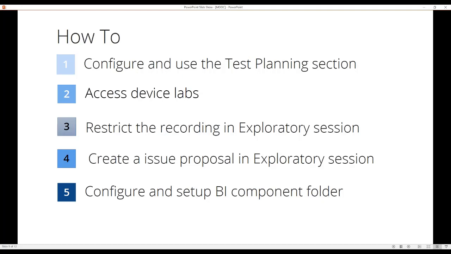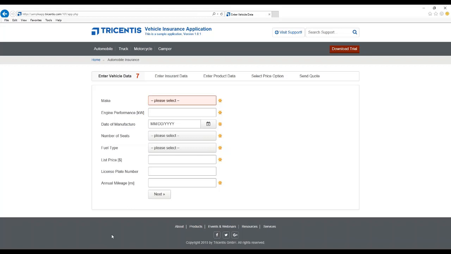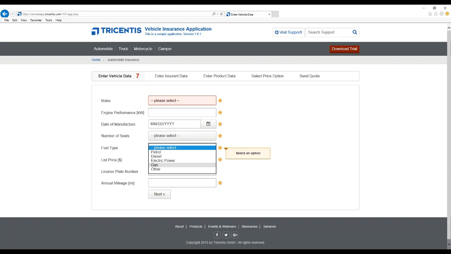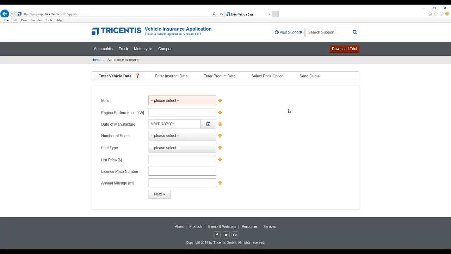To explore more on the test planning section, let us consider a case. So we will just consider a use case, and then parallelly we will explore more on the test planning section. Assume that there is a requirement and a new fuel type is added as a hybrid under this. Now we will use the new test planning section to create various tasks for users